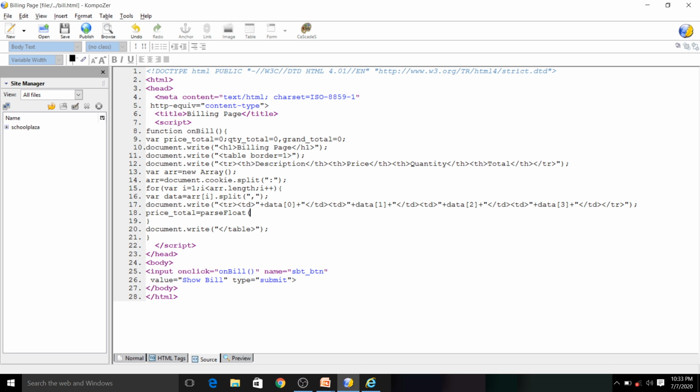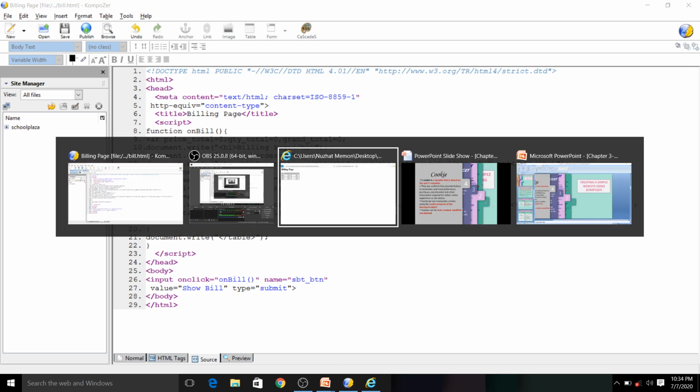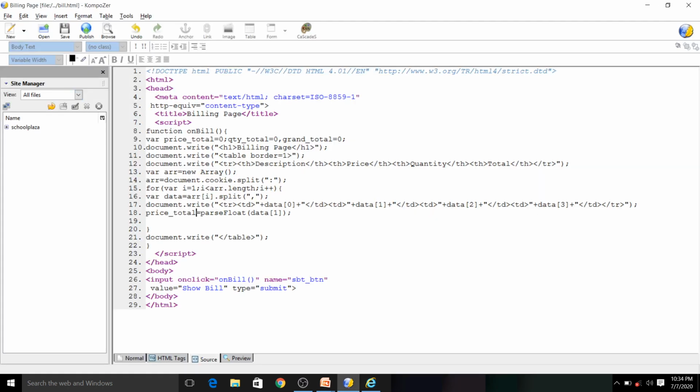For price we need to take data of 1 because data of 0 is description. Here you have to put a plus sign also, because right now you can see we have multiple rows. We have to add all this together, so here we will put plus.